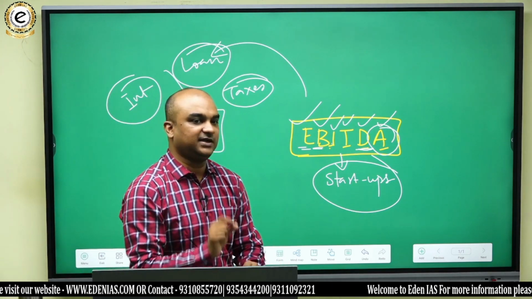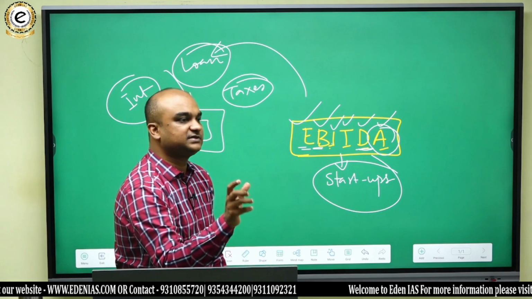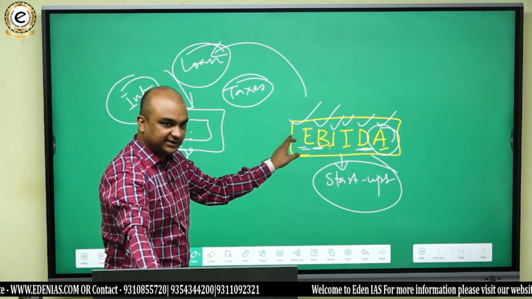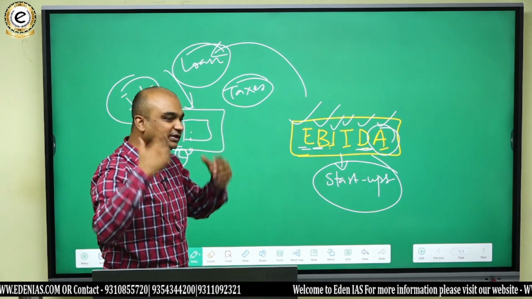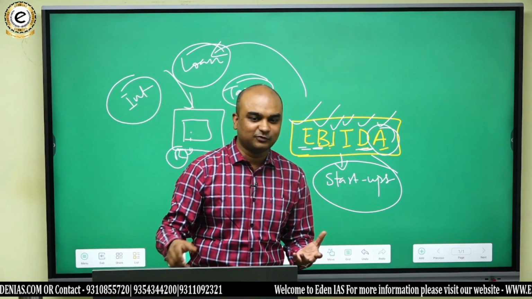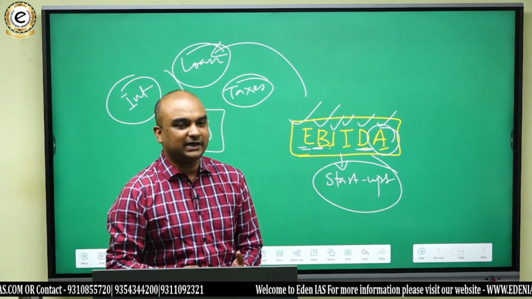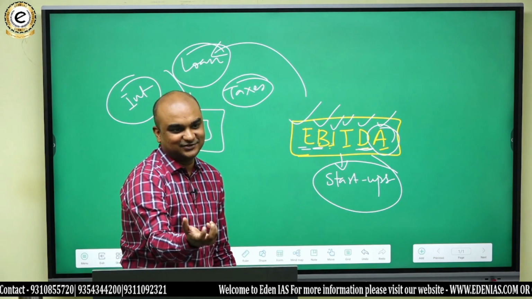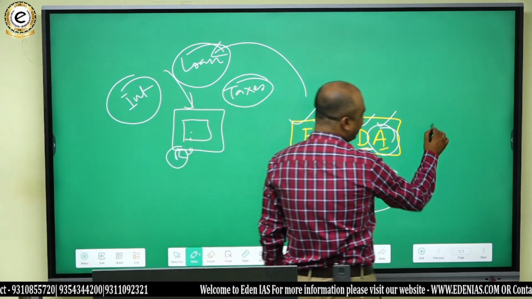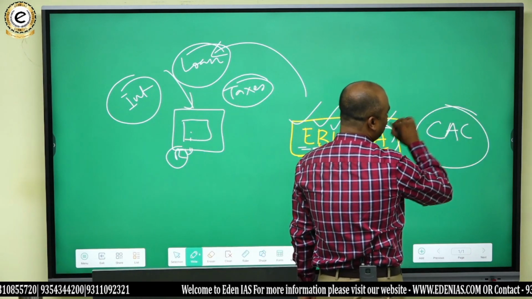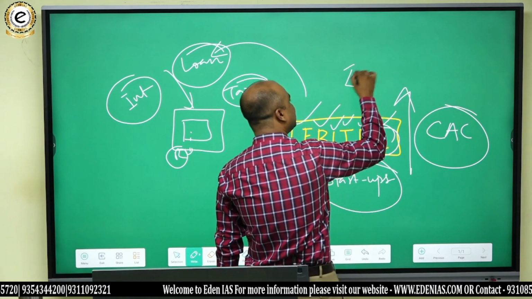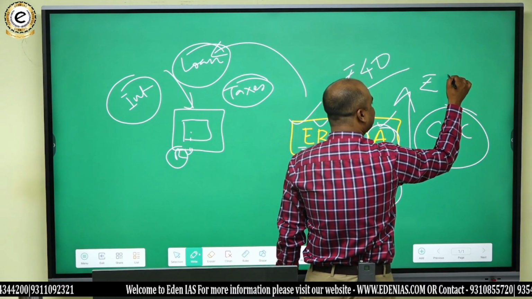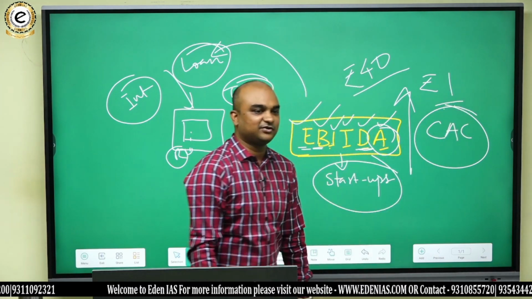तो ये कितना है किसी सेक्टर में, तो आपको पता चलेगा कि वो सेक्टर कैसा परफॉर्म कर रहा है. So it's a good indicator. And today you would see, अब सब बोलते रहेंगे, जो भी फाउंडर्स होते हैं स्टार्टअप्स के, वो बोलते हैं कि हमारा जो EBITDA है वो बर्न रेट चल रहा है अभी. It means they are burning cash. You understand that? मतलब उनका जो CAC है, customer acquisition cost, it's too high. Like say for example, they're spending 40 rupees to earn say 1 rupee. ऐसा सिनेरियो चल रहा है उनका.